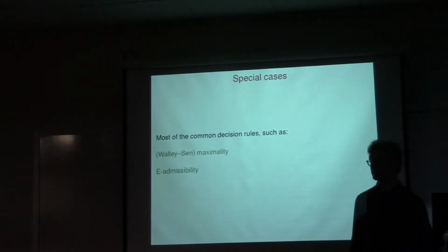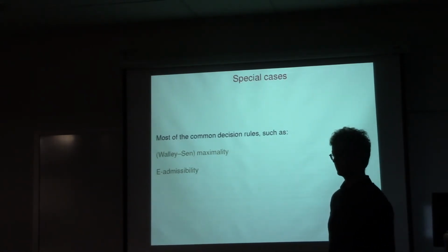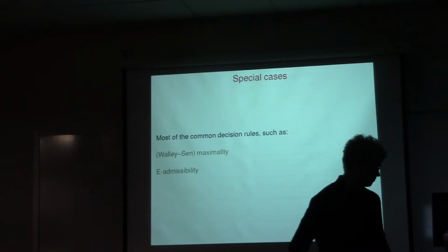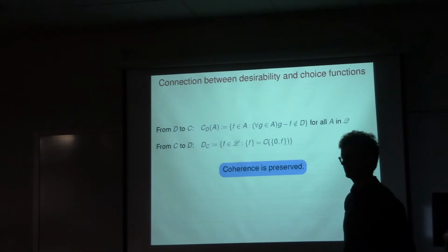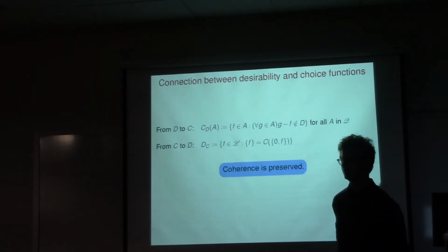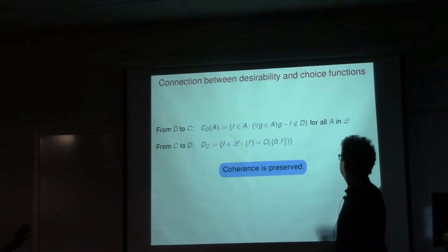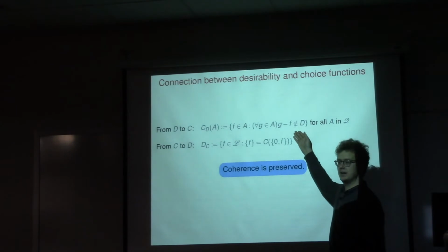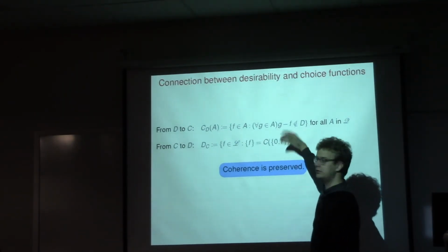Sorry, can you slow down a bit? Oh, sorry, of course. So let me try to clarify. So on the previous page, you said that C of D, that is to say that if I have a set of desirable gambles, let me design a choice function, there could be many, but let me give you the smallest one. Yeah, this is the smallest one that's compatible with it. But you said that maximality is what gave rise to this. Yes, this is actually Walley-Sen maximality. It identifies the undominated options under this partial order.